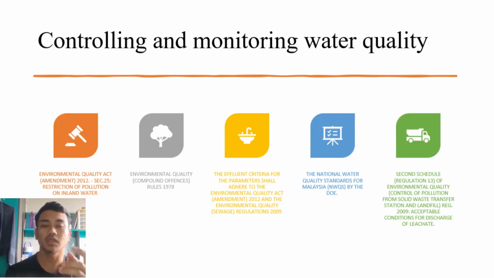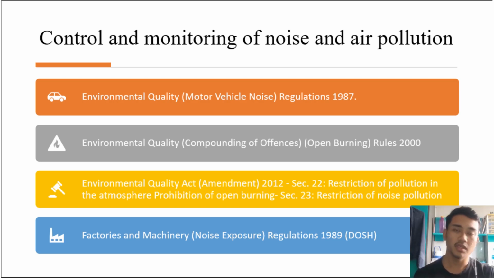Next, for the activity of controlling and monitoring water quality, the regulation and legal such as Environmental Quality Act amendment. Same as the previous one, and Environmental Quality Compound, the effluent criteria for parameters, and many more on the slide. And then we move to the activity of control and monitoring of noise and air pollution, such as Environmental Quality Motor Vehicle Noise, Environmental Quality Compounding of Offenses, and so on. Okay,